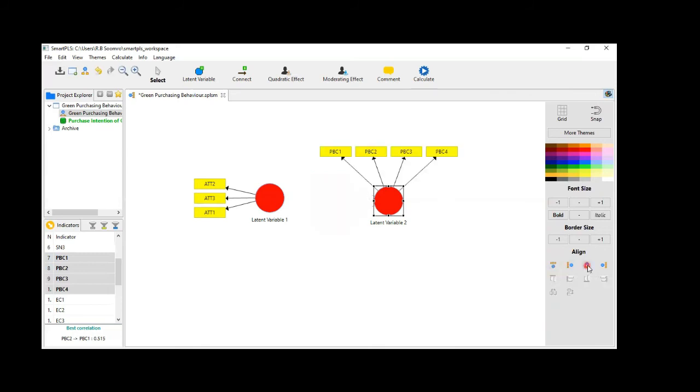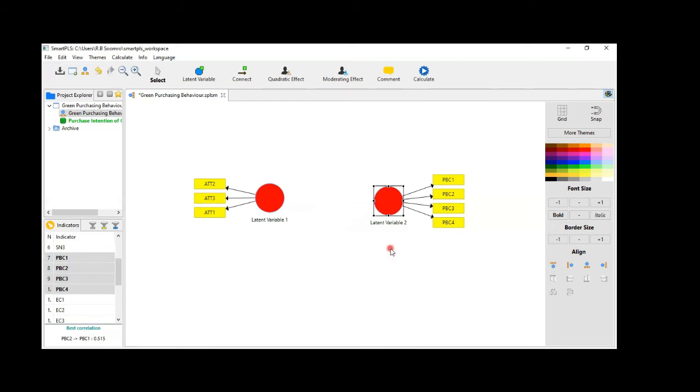Now see, just very easy. Then their position has been changed. Okay, and then align indicators to the right, align indicators to the left, top, bottom. You can do this. You can also do the same thing with the Control Alt key. Their position will be changed.